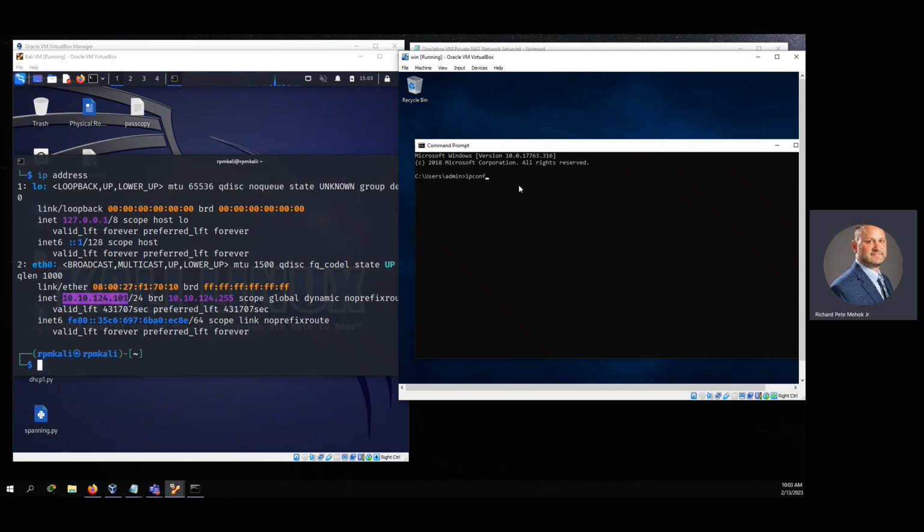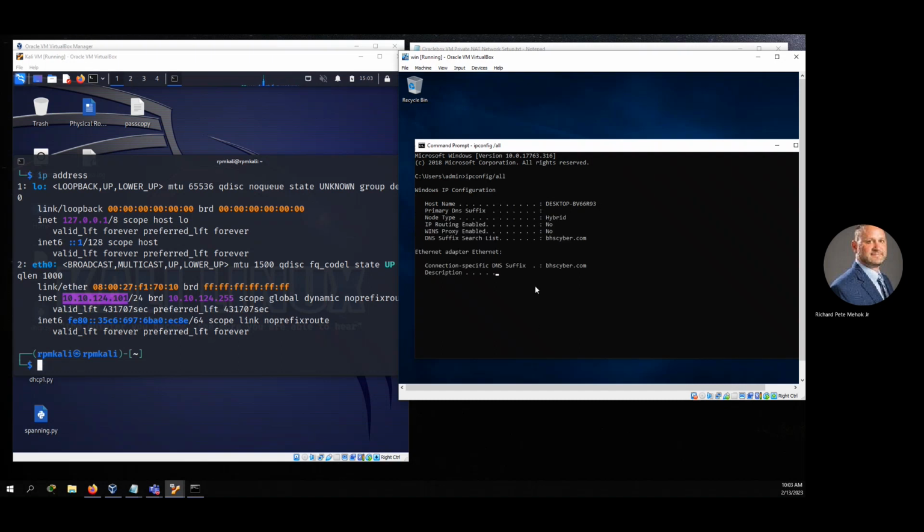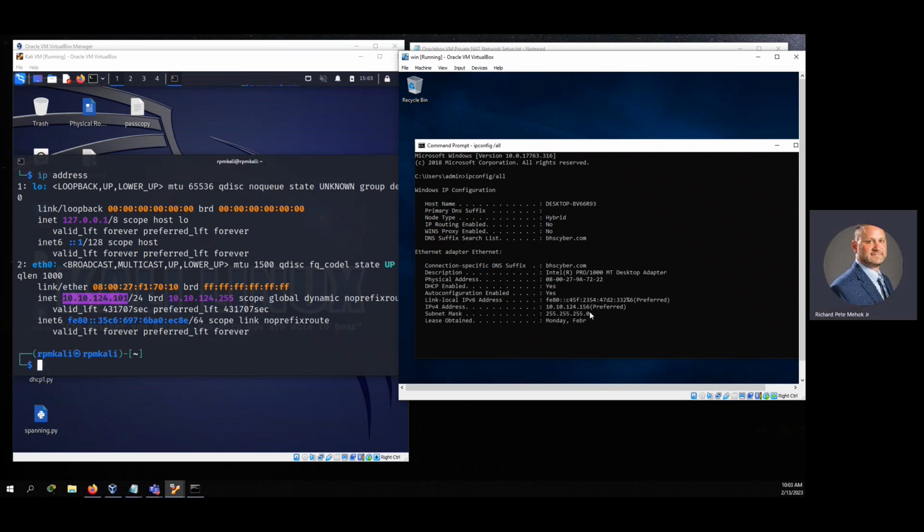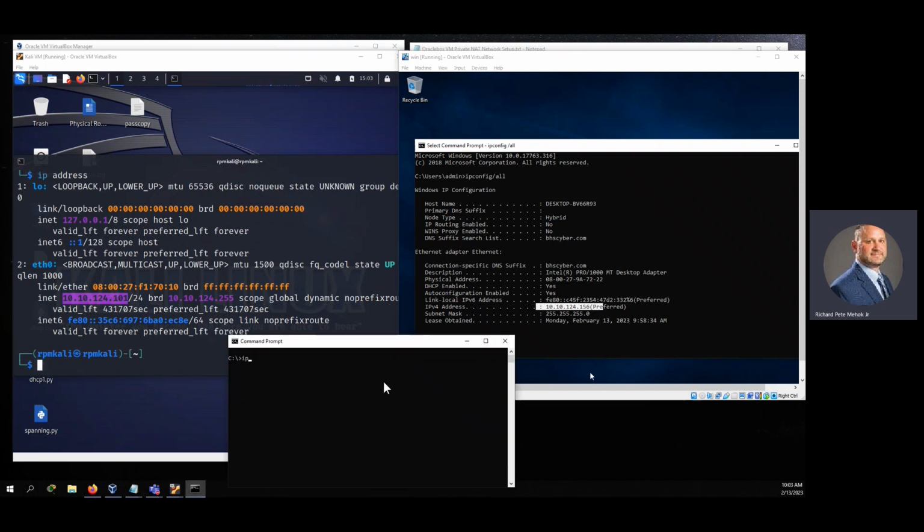ipconfig /all. VM is running a little slow. So it should be a similar IP to 10.10.124. There it is, 10.10.124.156. So if I look at my physical machine here,